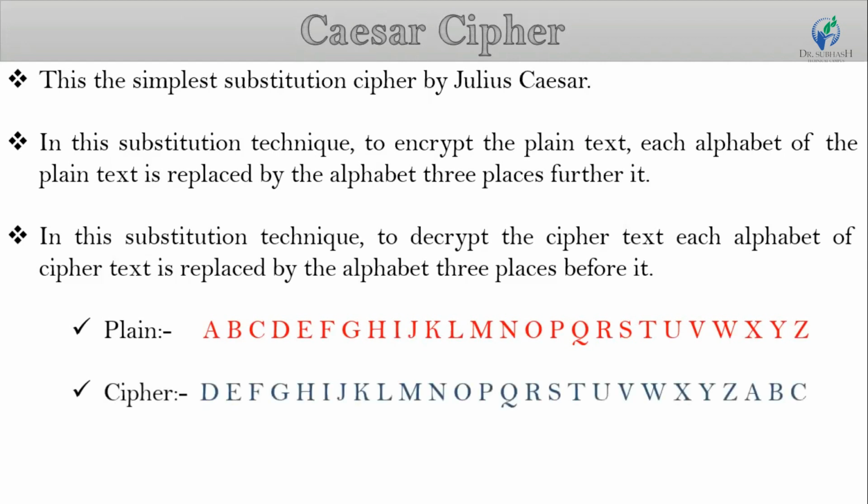We have assumed A as plain text and D as ciphertext. So wherever we find plain text A, we can use ciphertext D. In the same way, B is replaced with E, C with F, D with G, E with H,